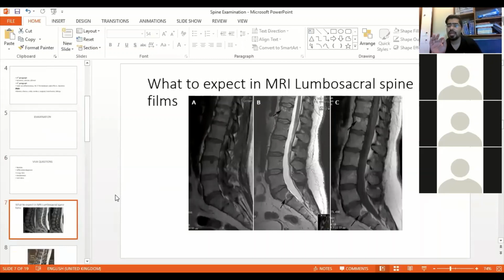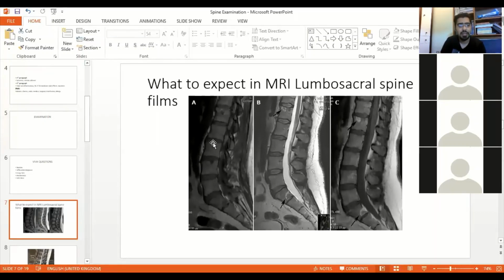We all are able to describe the sagittal section, but we have difficulty describing the axial section. So I have added few films, and I hope after this you will be able to describe it. Few examiners who have special interest in spine, they like that the candidate must know how to describe the axial axis. Now these are the three films.